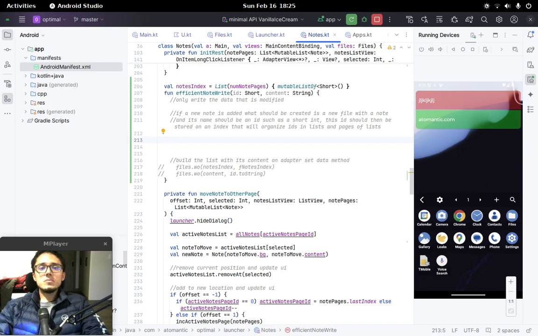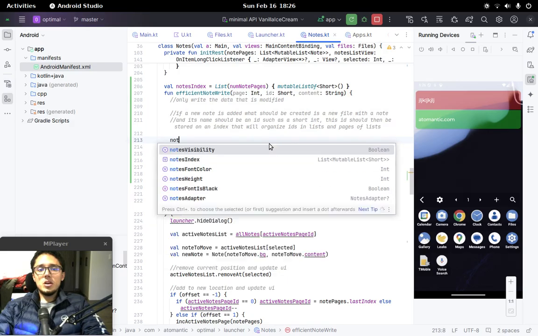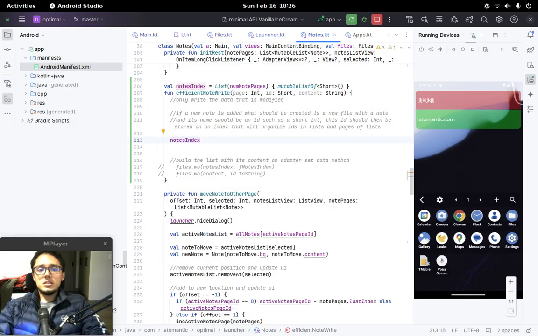So I should get also which page I'm writing to. Page, and this should be an int, I guess. Right. So here I would say nodes index at page, then